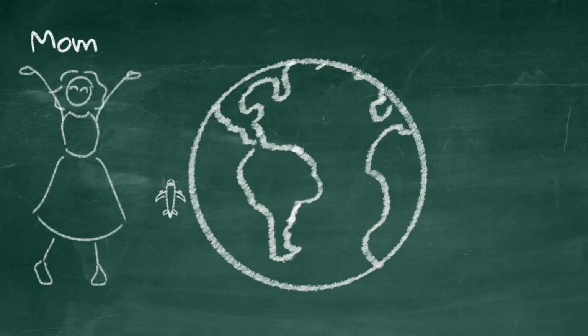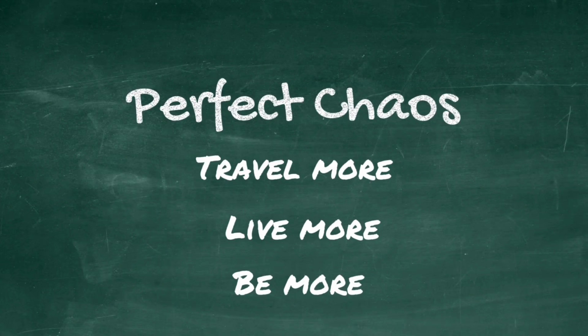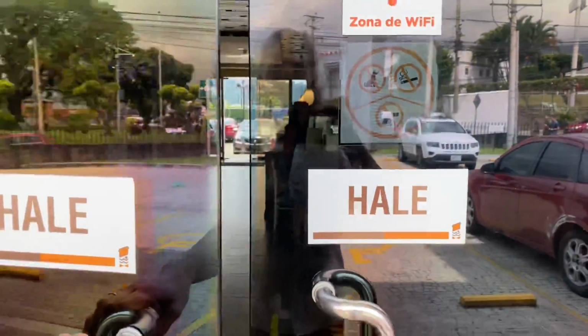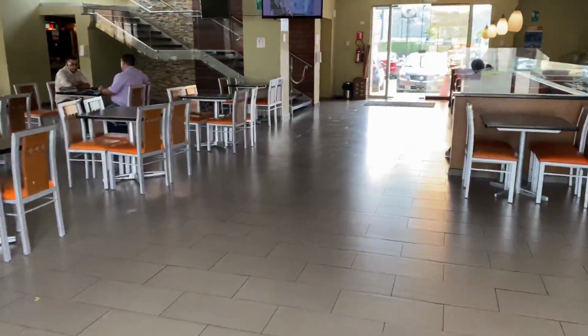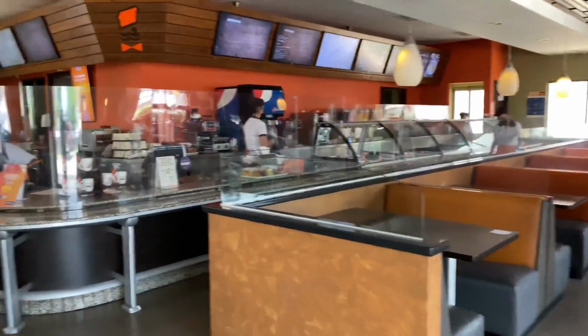Well, nope. I'm going to take you inside the El Salvador version of Dunkin' Donuts because it is anything but just a donut shop. The first thing you notice when you go inside is the long counter. It's because there's one counter that has normal, typical food, and the other counter has all the donuts and the